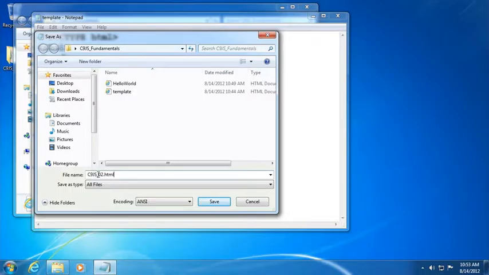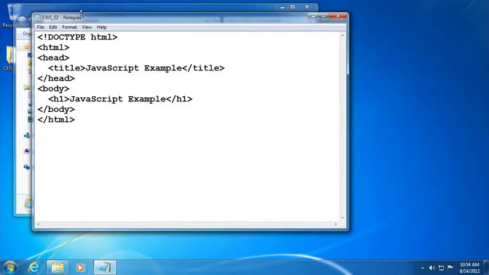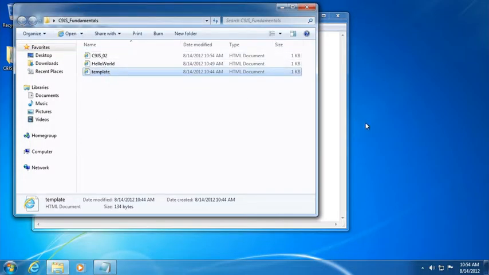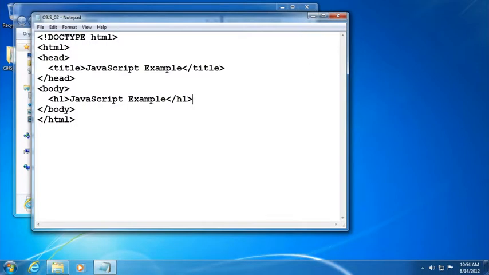And since this is the second lesson in this series, I'm using that 02 to denote which video this file is associated with. The second video in this series. All right, so it should show up here, and it does. Great. And so now what we want to do is, first of all, we're going to add some more HTML